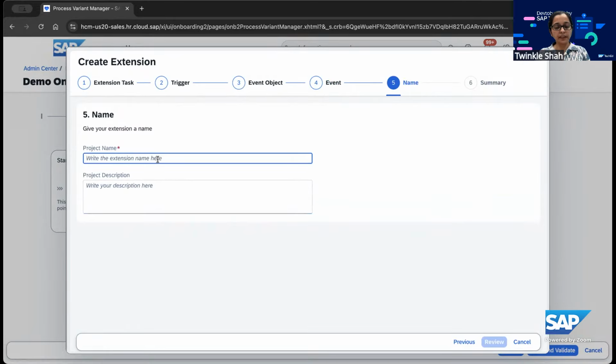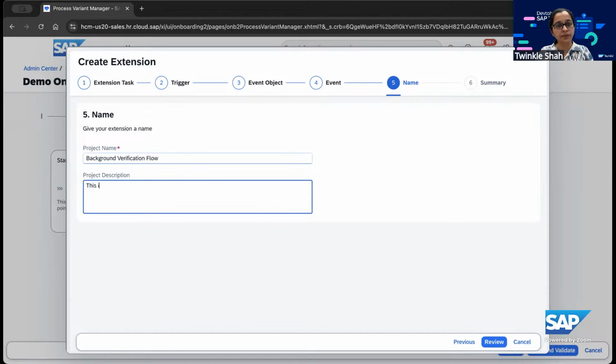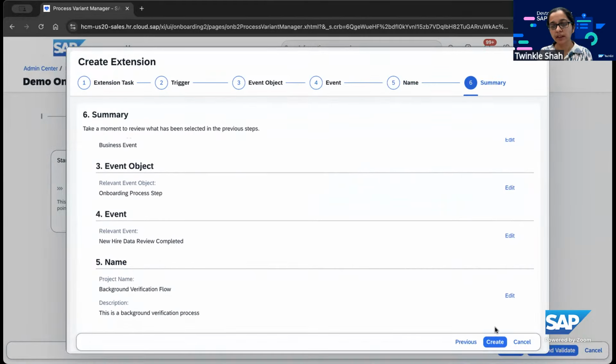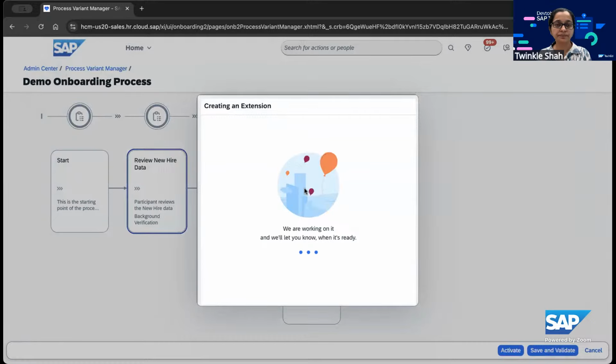We give a name to our extension, say background verification flow, and we can give some description. We review it. Yeah, it all looks okay. We click on create. So this will go ahead and create an extension for us, as I mentioned, in the